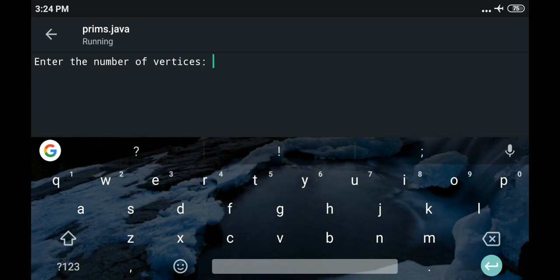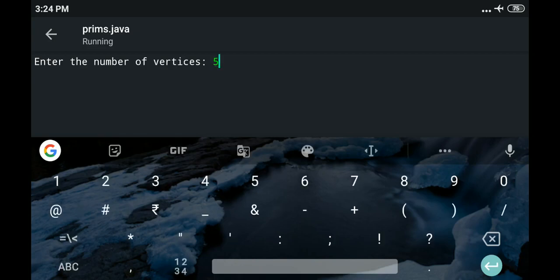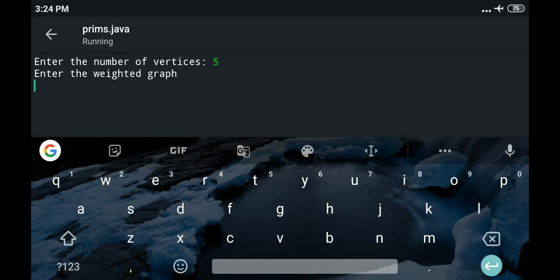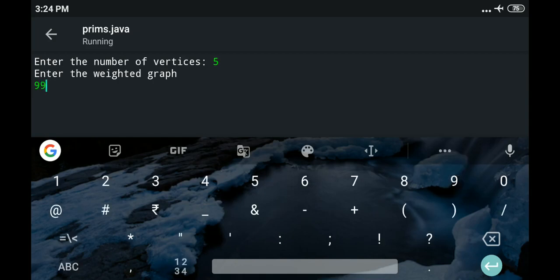Now let us again give the previous graph itself, that is the graph that we had used for Kruskal's, into Prim's algorithm also. Let us say we have 5 vertices there, and then the weighted matrix of the particular given graph. So A to A we do not have an edge, A to B we have an edge with a cost 3, A to C